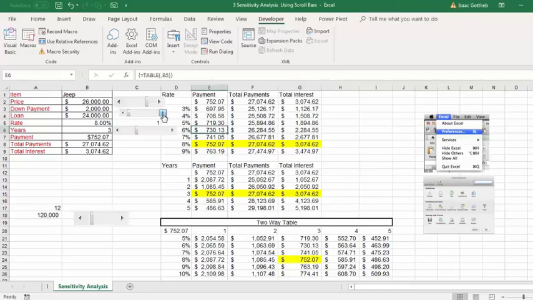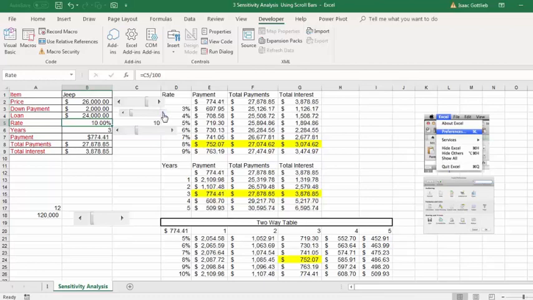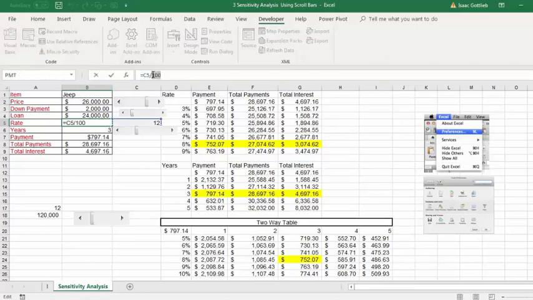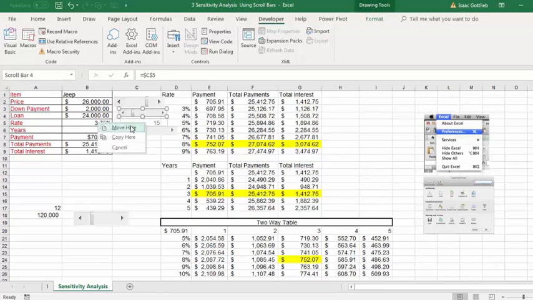Click out of it and you'll see that it is 1, 2, 3, 4, 5, 6, 7, 8. Now I can say equal 8 divided by 100, and indirectly I'm controlling 9, 10, 11, and look at my formula. And if I wanted to control it or move it by 1/4%, I divide it by 400, and then I can go and change it. And the last thing I'm going to do is right click, move it over the 15 here,